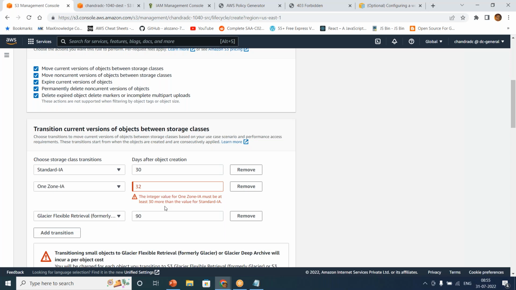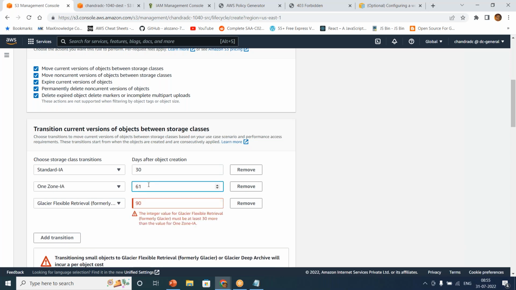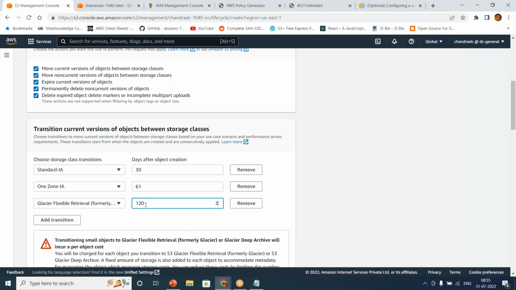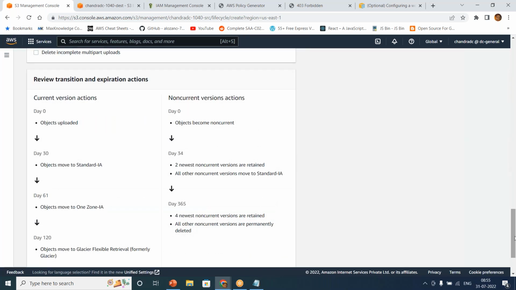Must be at least 30 more than that. So it should be 61, right? And this should be greater than this one. So let's make it 120. Okay. Since we have put everything in the same policy,